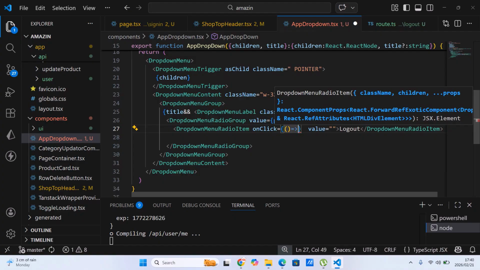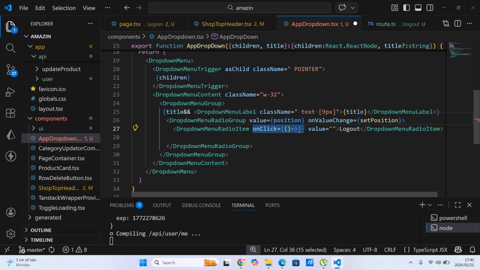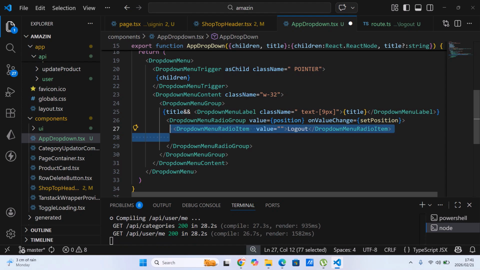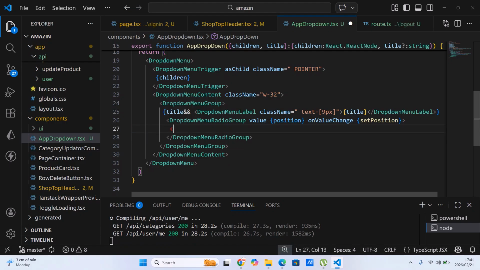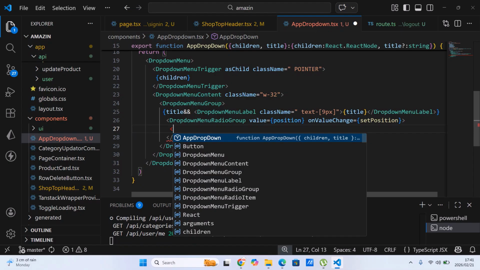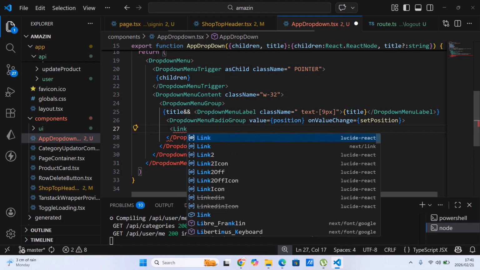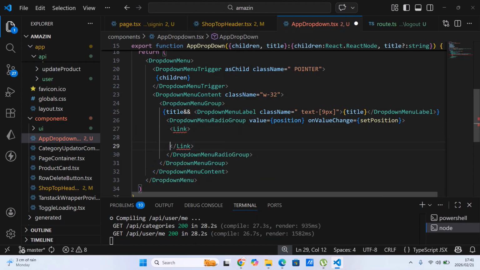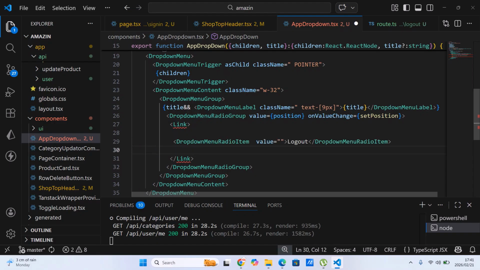Okay, maybe we can be clever here. Since this is a GET, what do we want to do? Is it a best practice to, yeah, let's start like this. Maybe a link. Link. Okay. Link, and then we want href